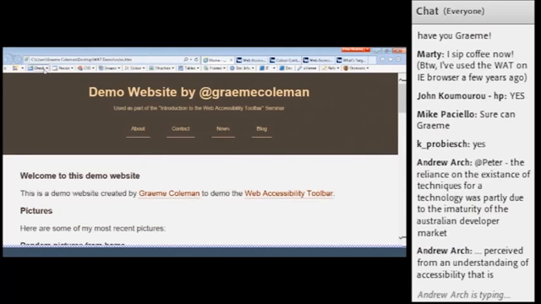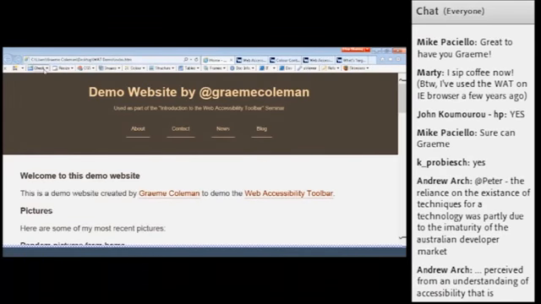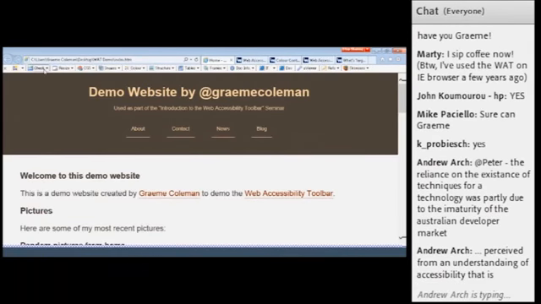What that will do, and I'll show you this in a second, is display a page summarizing all the images on the page. You can also show the images, which will display the alternative text next to the image, and will warn you if an image doesn't have alternative text. And you can also remove images as well.